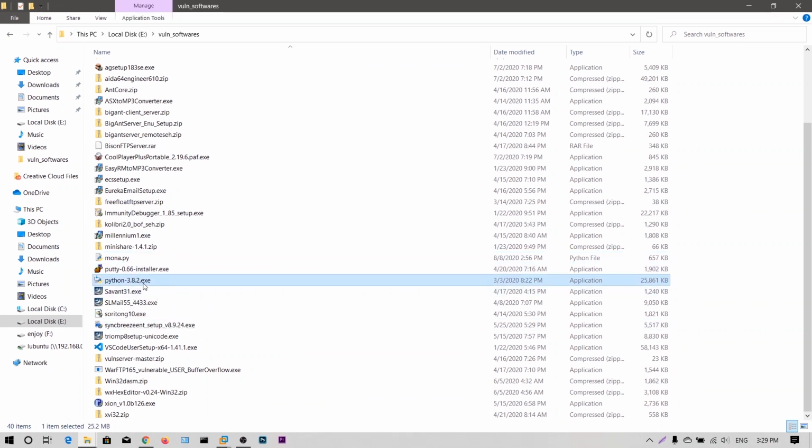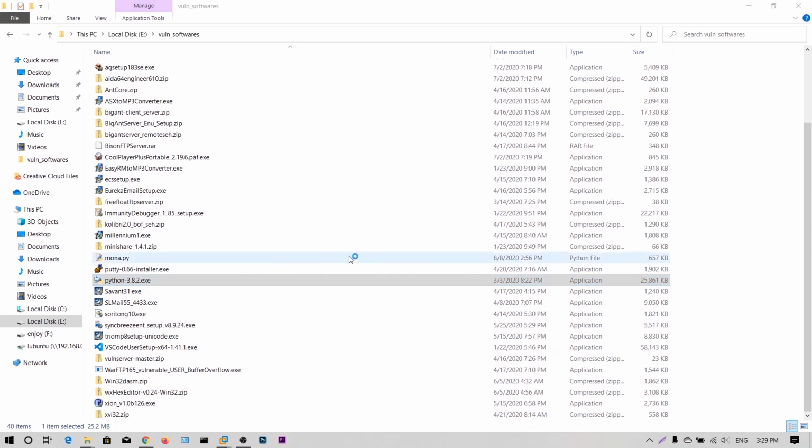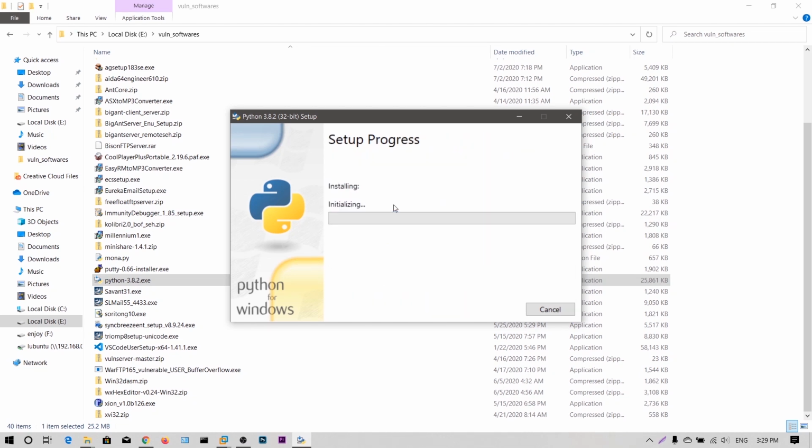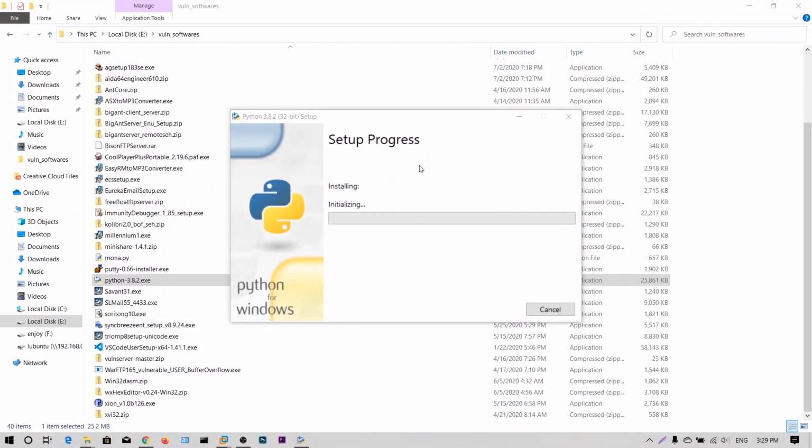Okay, I have already downloaded this Python 3.8. Now just run it. Now check this box, add Python 3.8 to PATH, and click install now. Now click yes.